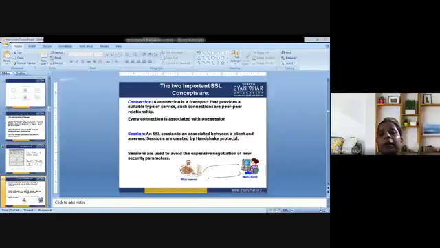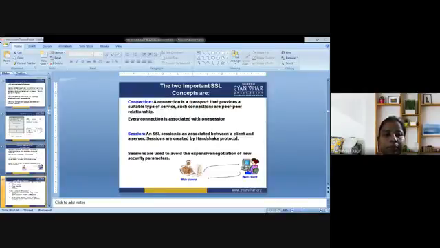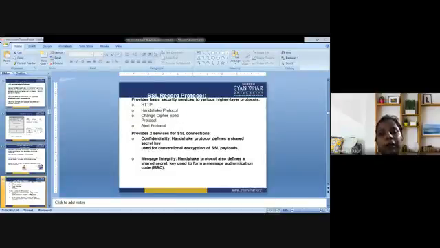There are 2 important concepts that we have discussed, that is connection and session. Have a look at the same. We are supposed to establish a connection between a server and a client. How could we do that with the help of connection and session? This is the record protocol that we have discussed in detail. You can have a look at what could be there in the record protocol, that is HTTP, handshake protocol, change cipher spec protocol, and alert protocol. In addition, it could provide 2 services that are concerned with confidentiality and message integrity.